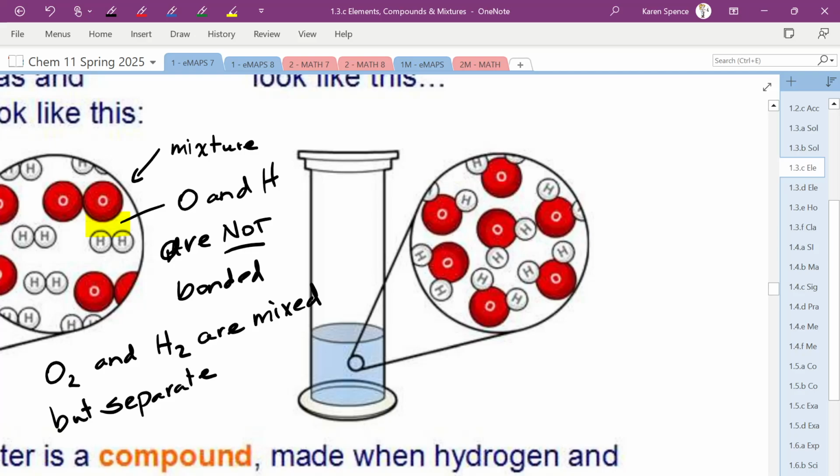It's a heterogeneous mixture. Because it's not soluble in water. Okay, if you look at all the particles here,